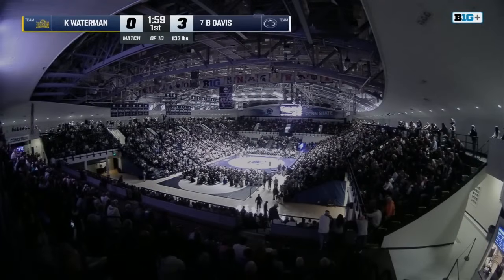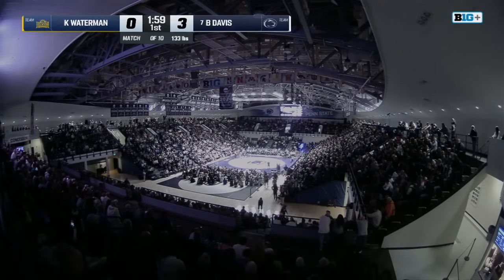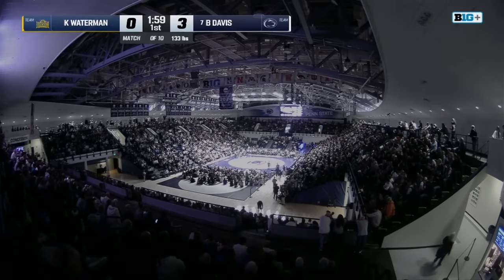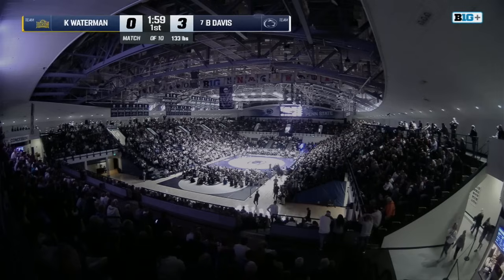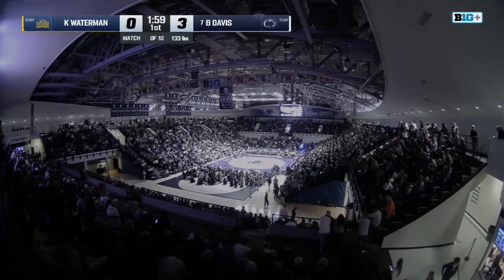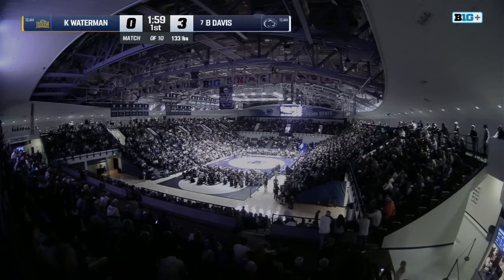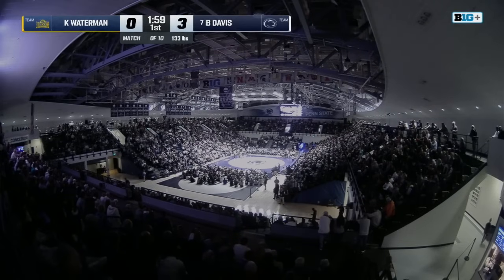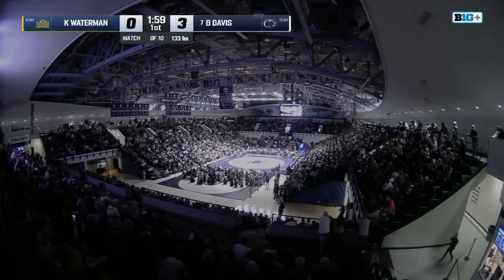Davis in some visible discomfort. And as mentioned, moving up in the weight class, I genuinely wonder at 133, you know, big shoes to fill, non-biasedly. RBY was here a bit, Bo in 133. They've had some studs in this weight class, and let's see what the true sophomore can do if he can shake off this injury. As mentioned, 125. Sorry there, Antonio. 125 was a forfeit, if anyone missed it. That's why Penn State is up 6. It's looking like Davis